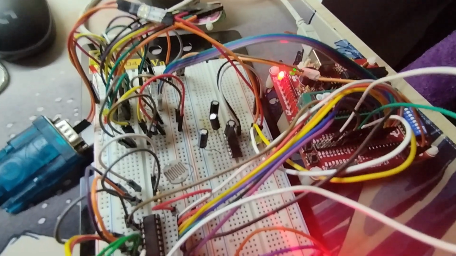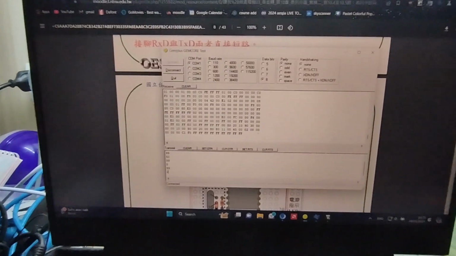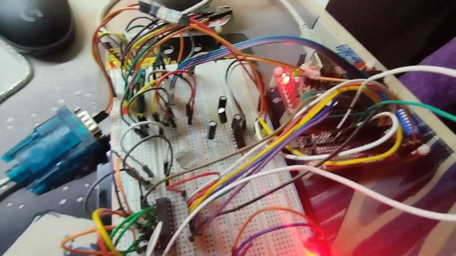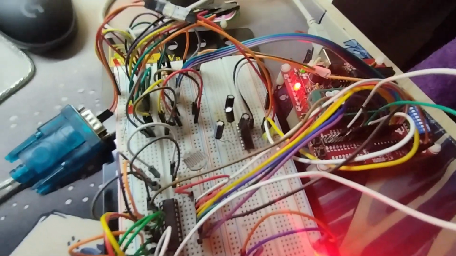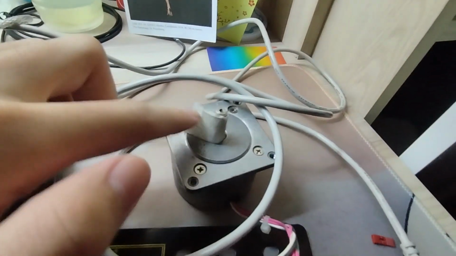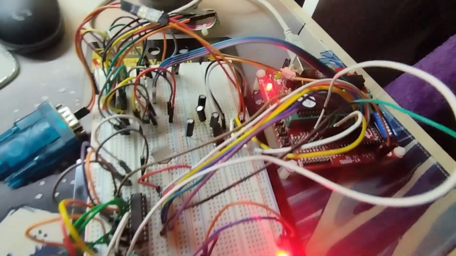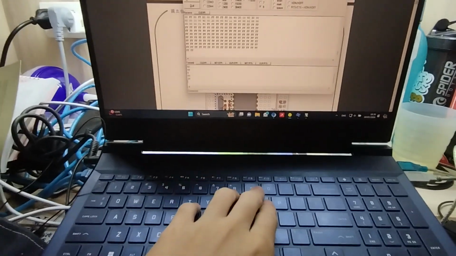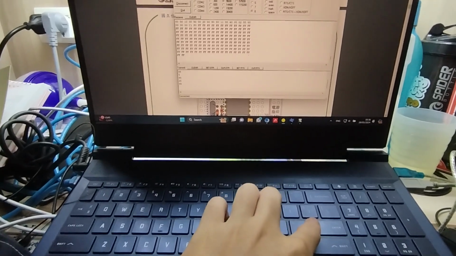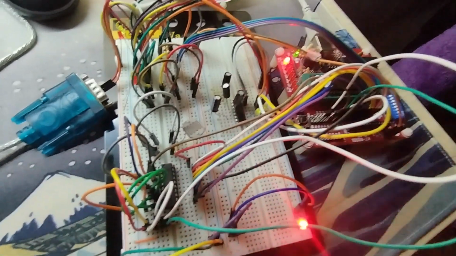The first thing first, we are going to change the speed. Right now it's going at the slowest rate, which is 99. Let's change the speed so it can go faster, to 25. The light will blink faster, and the machine will also spin much faster. Let's change the speed back so it becomes slower. As you can see, it also becomes slower right here.